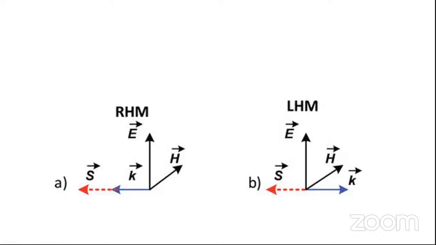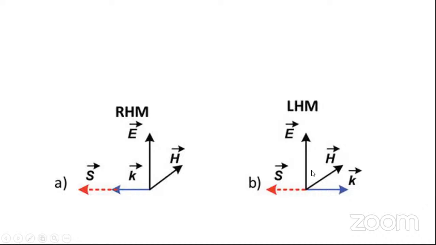And both the waves that are propagating, that is S and K, are in the same direction in the right-handed medium. K is the propagation vector, and S is nothing but the power density, that is E cross H. S is nothing but the Poynting vector E cross H. They both are in the same direction, whereas in the left-handed material,